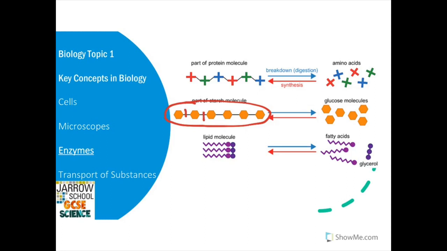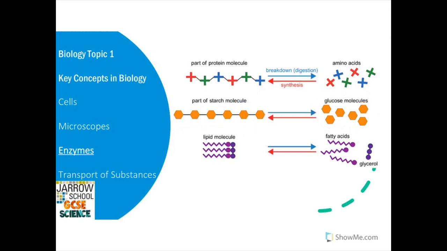You're breaking down the bonds between the molecules to form smaller monomer molecules, and the monomers that make up the starch are called glucose molecules. So in summary, when you eat a piece of bread or potato, you will break down the starch molecule